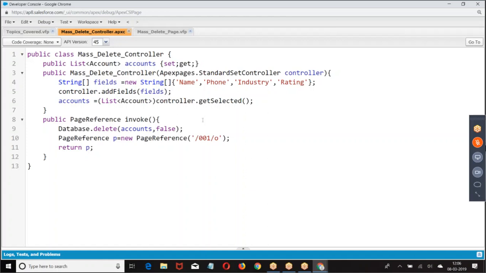Update the owner as Wilson. Look at the reference code.